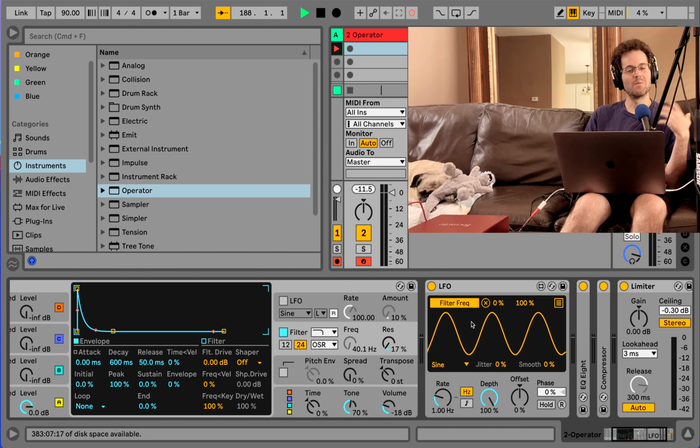Similarly, we can do this with the frequency. That's another one, because remember I said the main components are volume, pitch, and the frequency makeup. So if I come over here to filter, frequency to velocity. So that's really all well and good. Now you might be thinking to yourself, well, what if I wanted to come over and have a saturator, and I wanted the harder I hit, the harder I hit, because